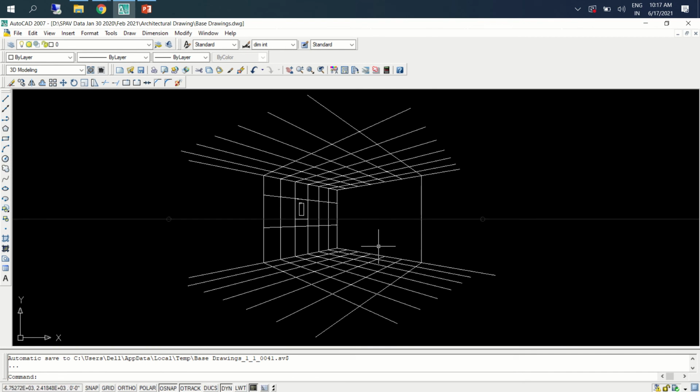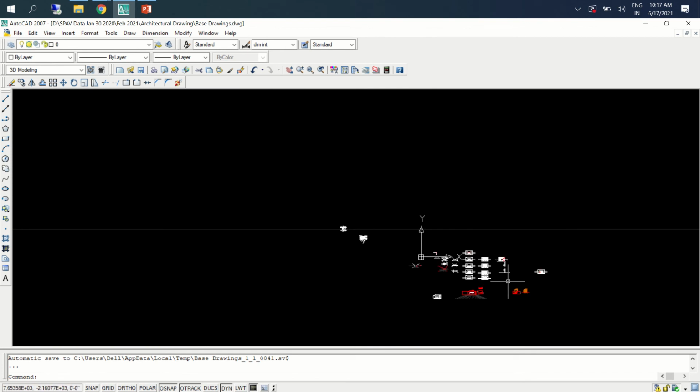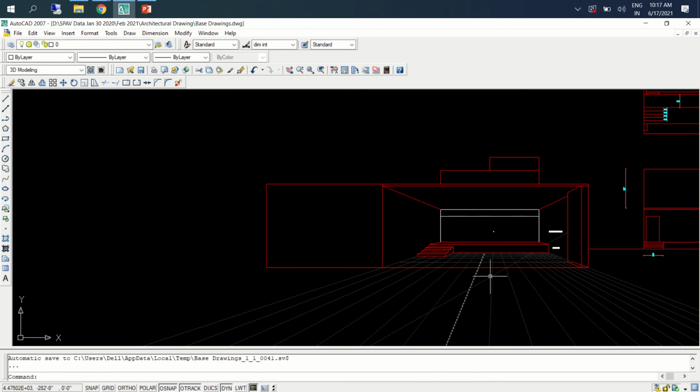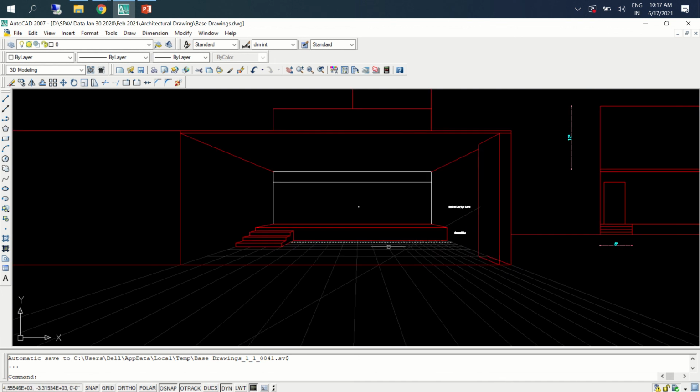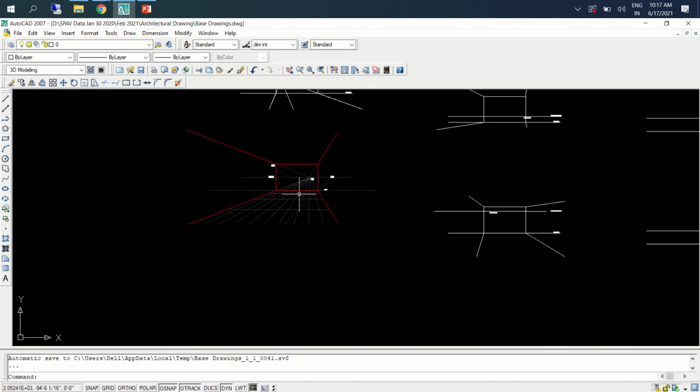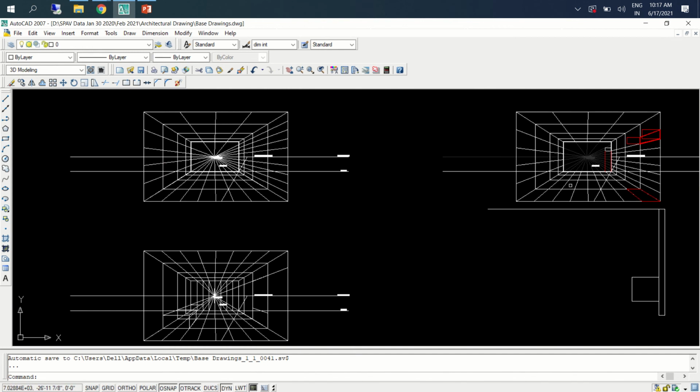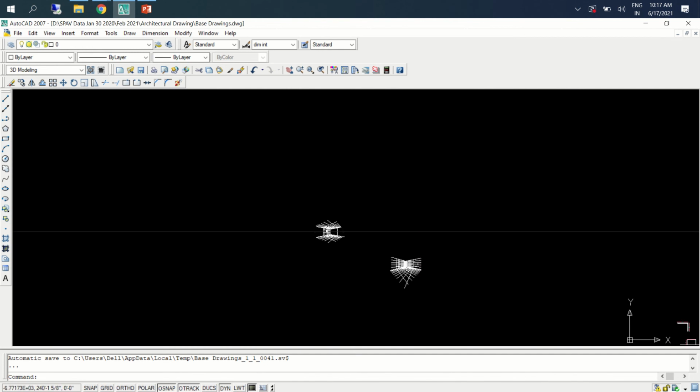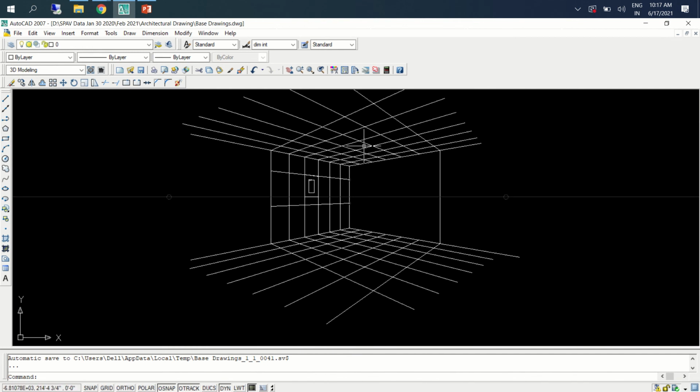Particularly, this method can be used, we have seen this here, right? We can use the same technique for generating exterior views. We can use the same thing for generating interior views as well. Same logic applies here. The same technique can be applied for making exterior views as well as interior views.